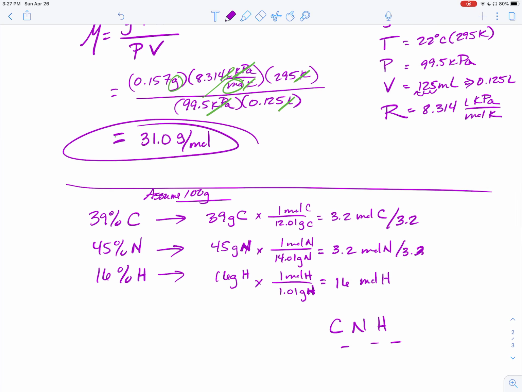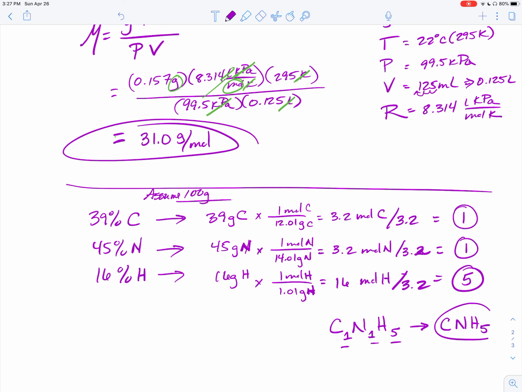That is 3.2 that you would be using. And that gives you a whole number of 1 for carbon, 1 for nitrogen, and it turns out that value will be 5 for hydrogen. So the numbers that would go here would be 1, 1, and 5, but of course, we don't write 1, so it's CNH5. Okay, so now that we have this empirical formula,